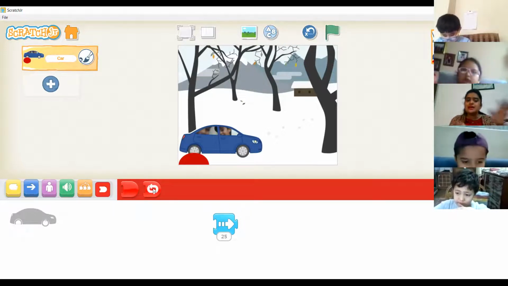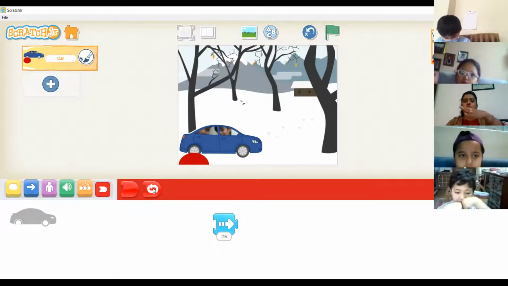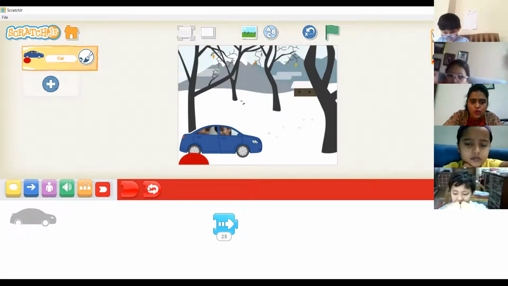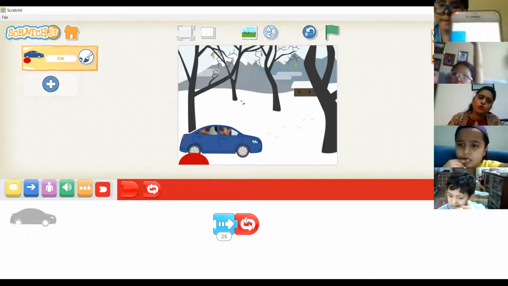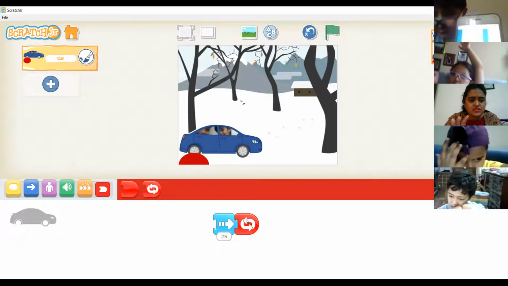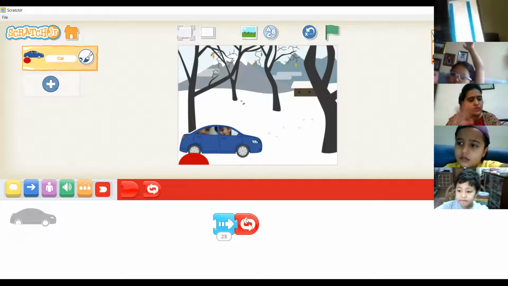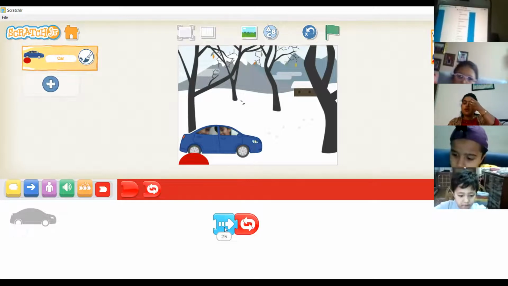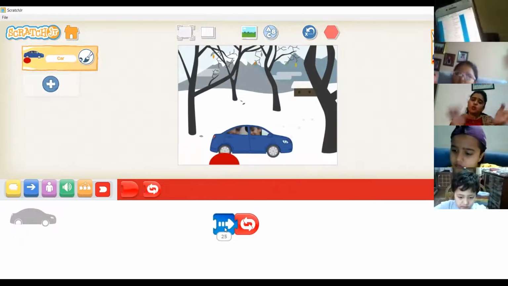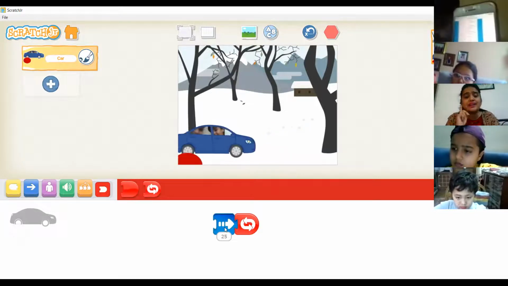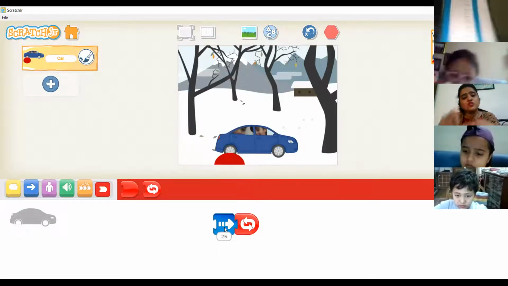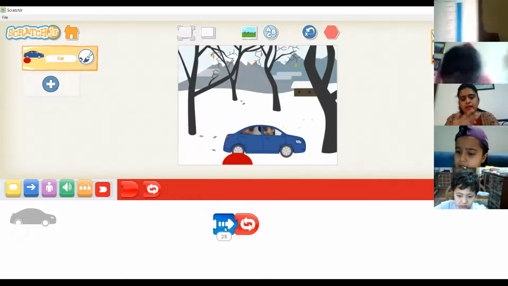Okay, so loop means it will keep on moving for 25 steps. It will keep on moving and it will not stop. Okay, so after this arrow, I will put this loop. When I put this loop, the car will keep on moving on the screen. You understand loops? Yes. So the car will keep on moving on the screen. Okay, let's see how it will work. I click on this arrow. See, the car will continuously keep on moving because I have put one loop here. Understood? I have put one loop. Loop means you are continuously doing the same thing again and again.